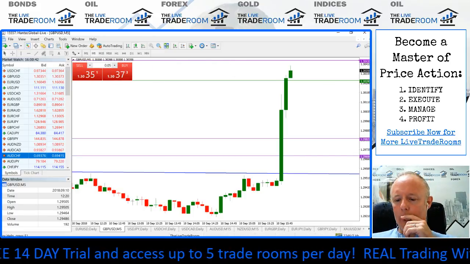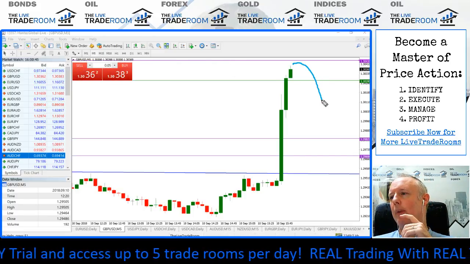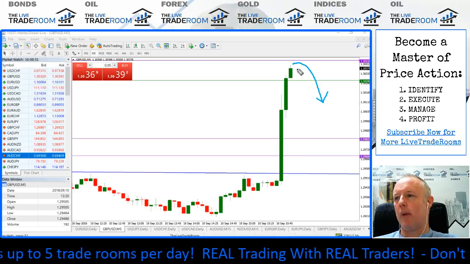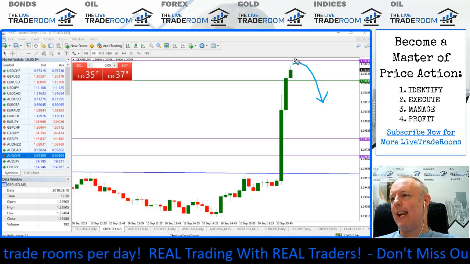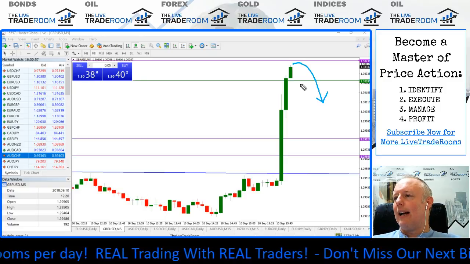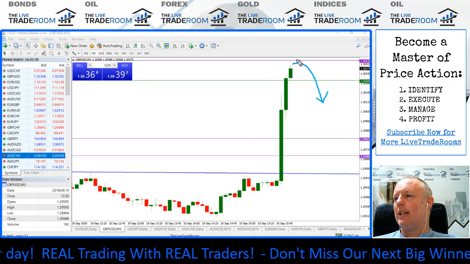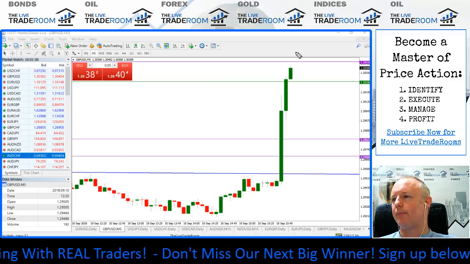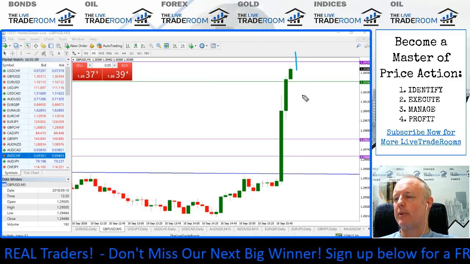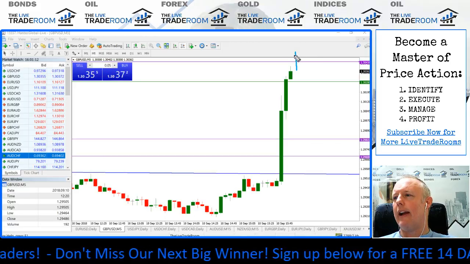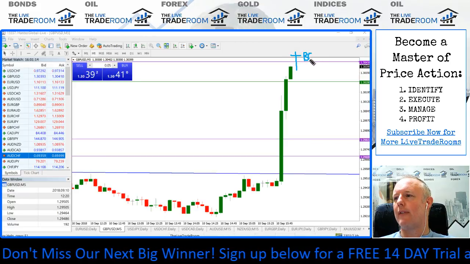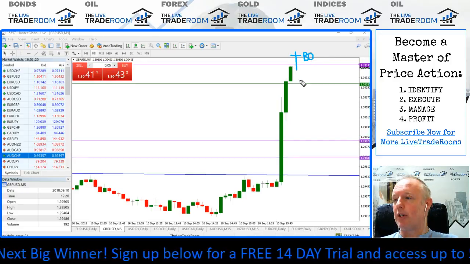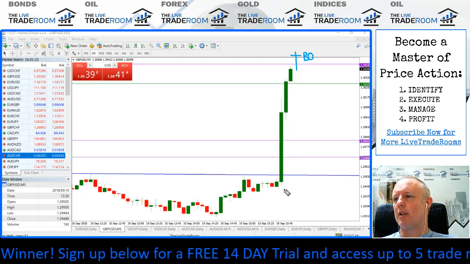So let's see how this market now behaves around this level. We might just get a little bit of a bounce off where the market starts to come over to the downside. What we'd probably like to see actually, if we get a breakout trade of this level, let's say that's a green candlestick, we've got a decision to make. If we get in anywhere around this sort of price, if that's our breakout trade to the upside, which it looks like we're going to get, we've got a real problem in terms of where to place our stop loss.